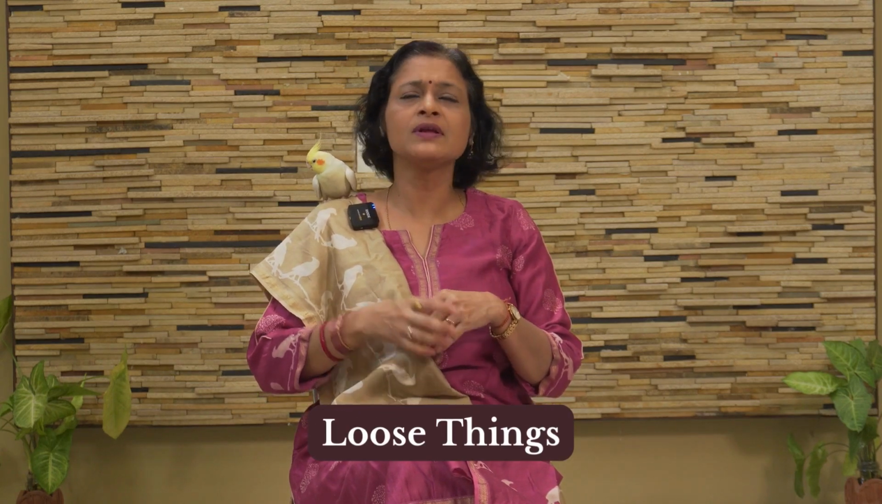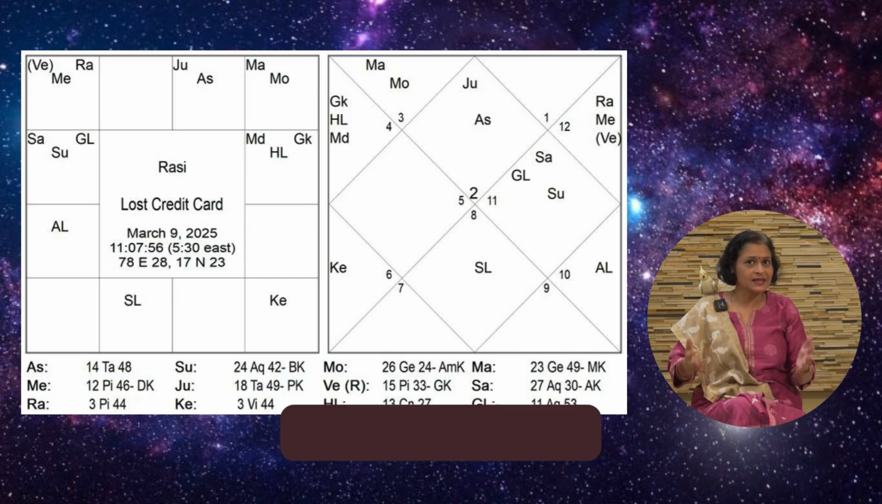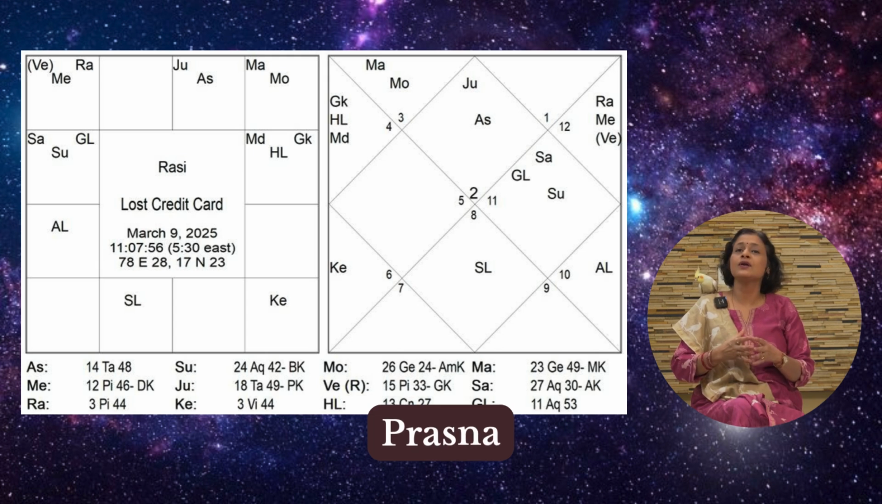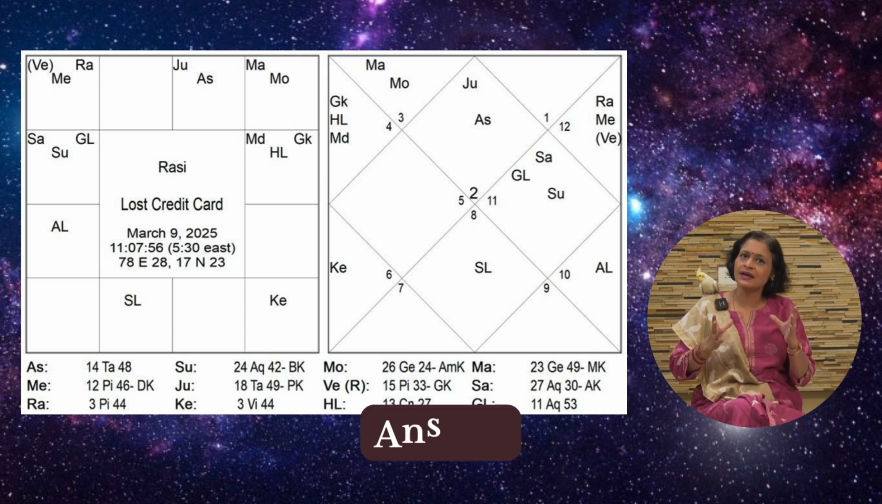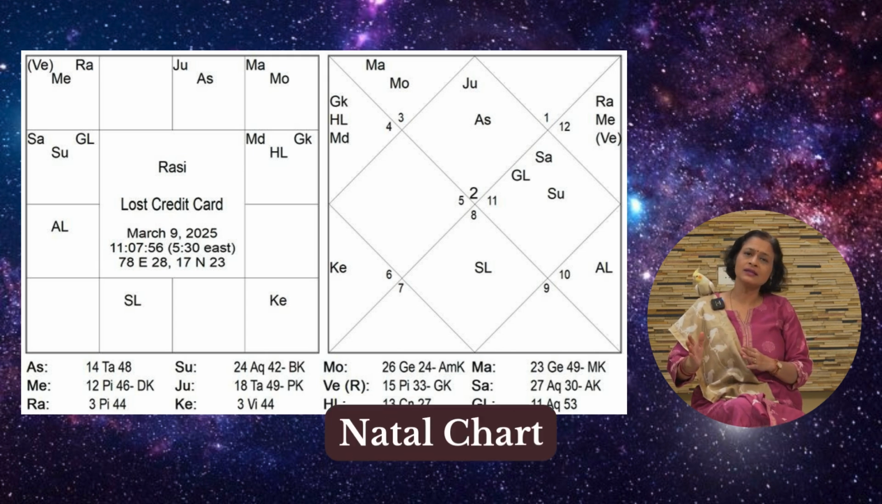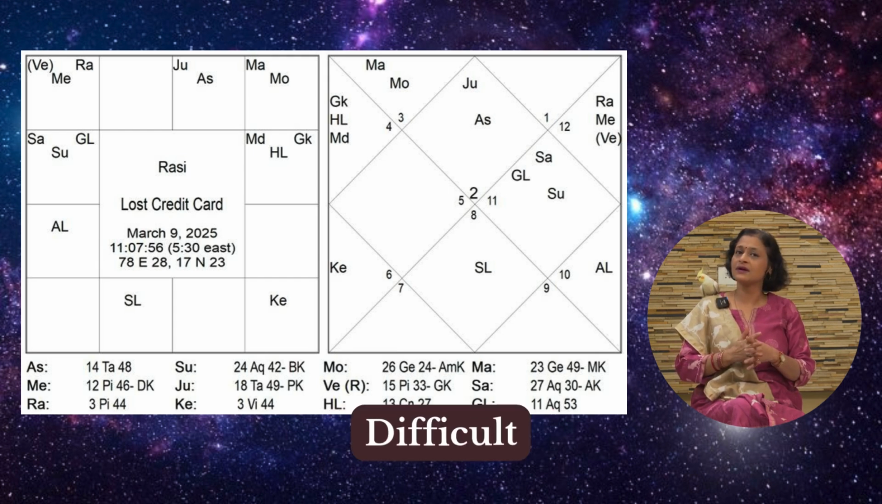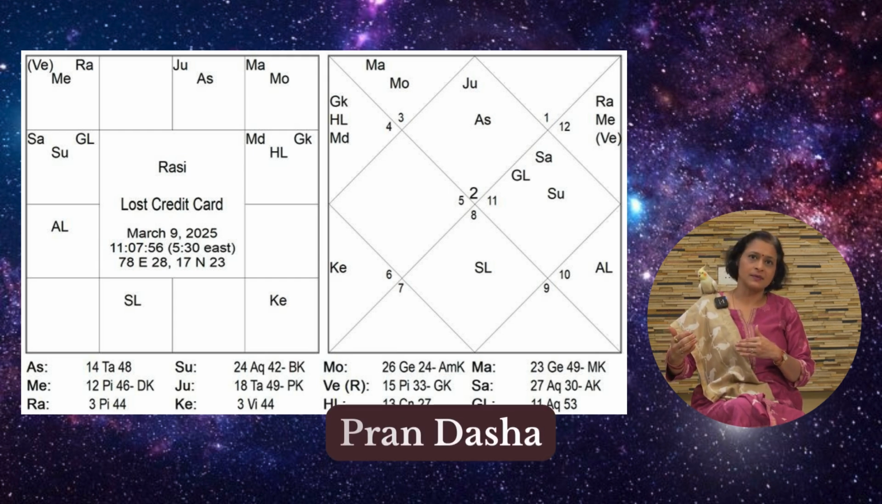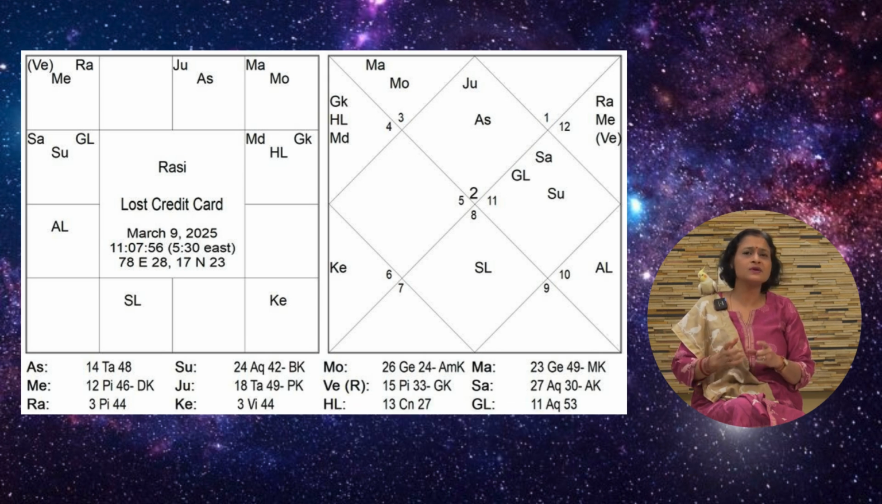Also, sometimes when we lose things, those tiny answers cannot be ascertained from the natal chart, like in this case where a person lost his credit card. Now, if you are looking into the Prashna, you will get the answer, but if you are looking into the natal chart, it is going to be difficult because it has to go down to the Pran Dasha bit. So, it is easier to get that answer right from the Prashna,